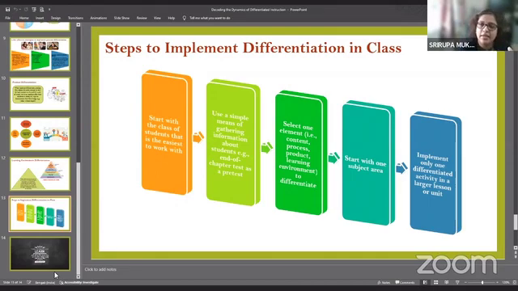And as I said right in the beginning, differentiation is a very, very dynamic process. It's not that there is a fixed template which I can follow year after year for each and every class. It has to be altered. We have to continuously judge the group of students that we are dealing with. The differentiation strategies that I have used for a particular class, maybe a 9th standard class, could be very different from what I have to do next year, because after all, I'm again dealing with a different group of learners.